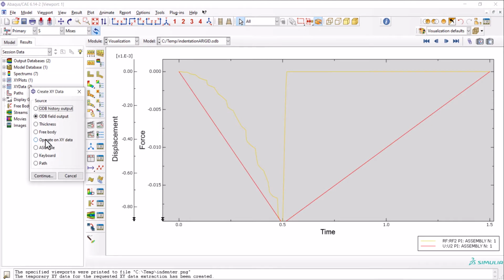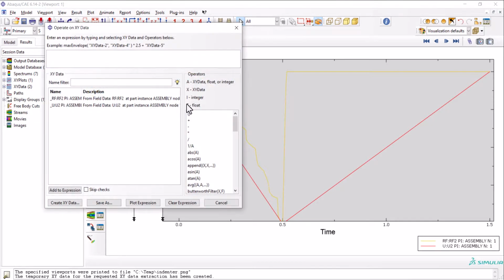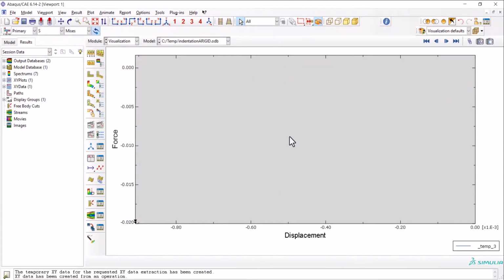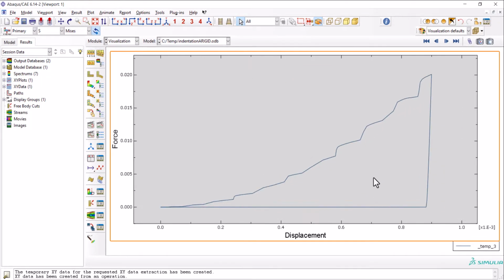Now we want to go to operate on XY data and combine, then absolute value of U2, comma here, absolute RF2, and plot. Let's see the plot here. Okay,